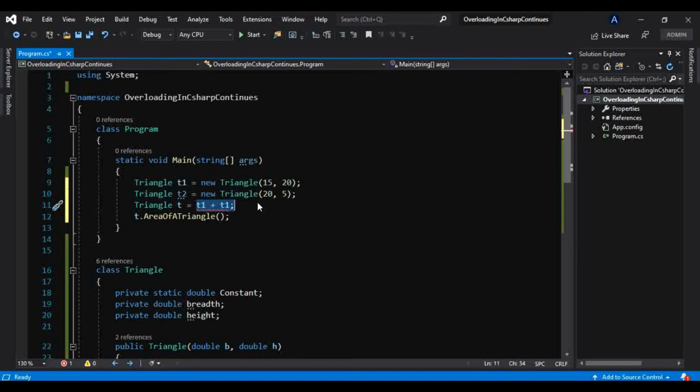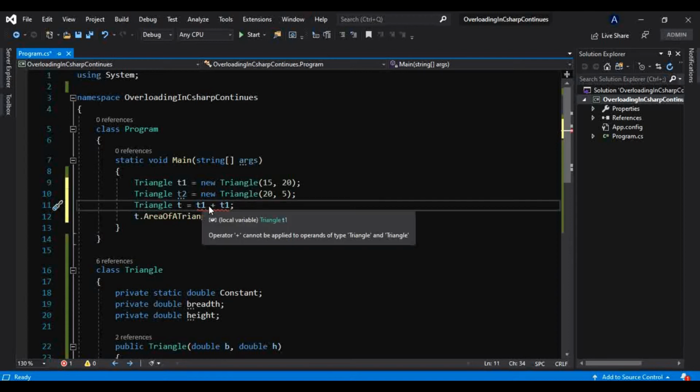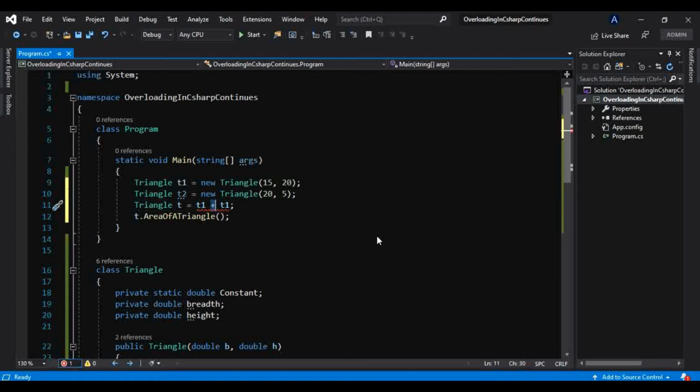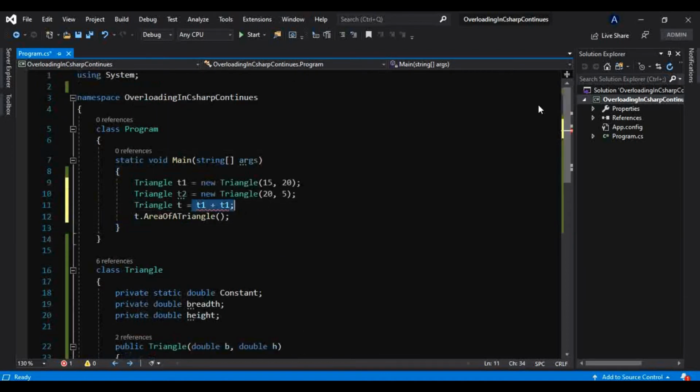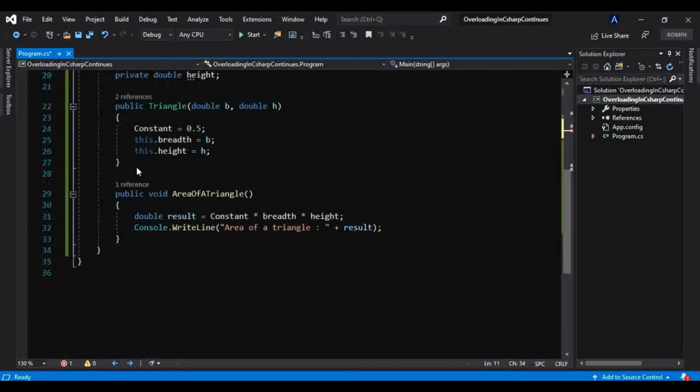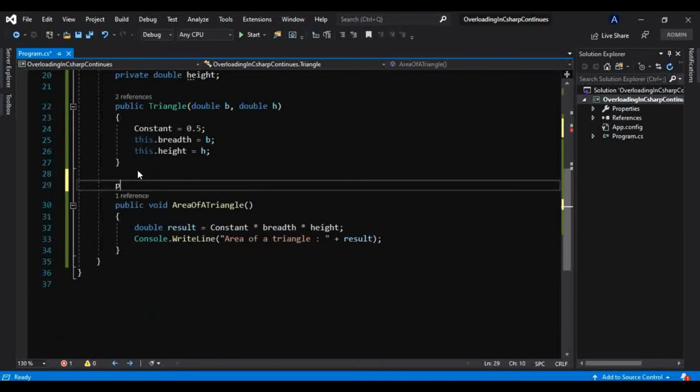But what if you want to do that? At that time we can overload this plus operator to do our work. So what I want to do, I want to overload this operator. For that, let me take a method, and that should be static. Why, I will tell you that.